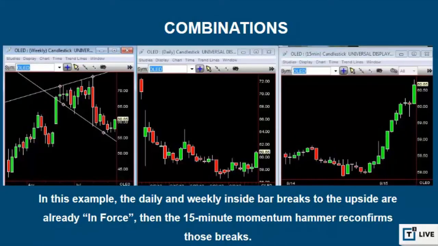In this next combination, the daily and weekly inside bar breaks to the upside are already in force. And this is what I'm talking about, not just always causing it, but the reconfirmation. And the 15-minute momentum hammer reconfirms those breaks. What does that mean? That means this inside day that breaks to the upside here